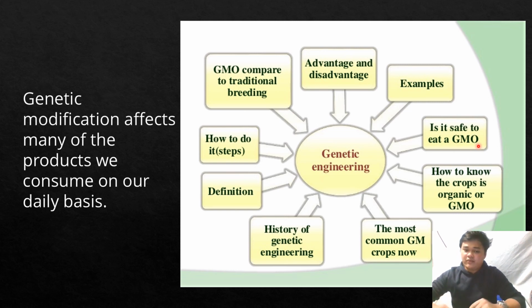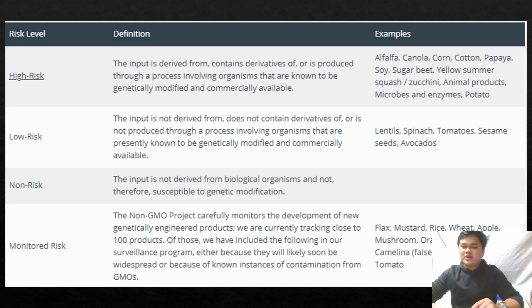But where did it all come from? It came from genetic engineering. Genetic modification affects many of the products we consume on a daily basis, as the number of GMOs available for commercial use grows every year. The Non-GMO Project works diligently to provide the most accurate, up-to-date standards for non-GMO verification. But there is the risk: is it safe, or is it under control?